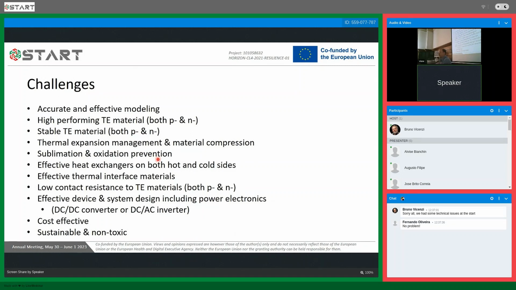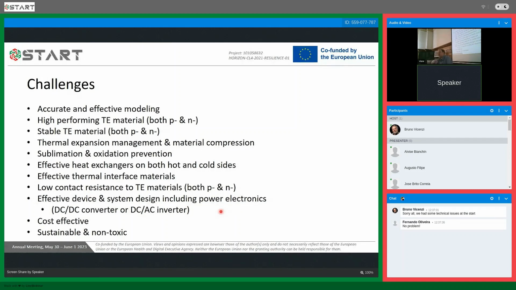Once you've built the materials and put them into devices, effective heat exchangers are needed on both hot and cold sides of the device, and effective thermal interface materials are also needed in order to connect those devices to those heat exchangers, all of which require low contact resistance, and this includes also at the TE material side, both on the P and the N type materials. And then we even need effective device and system design. And I just mentioned here, including power electronics,